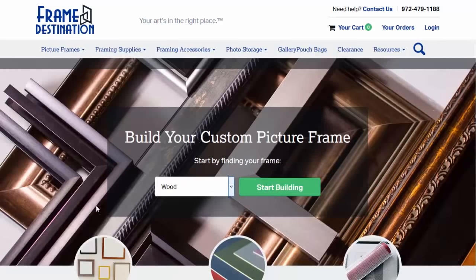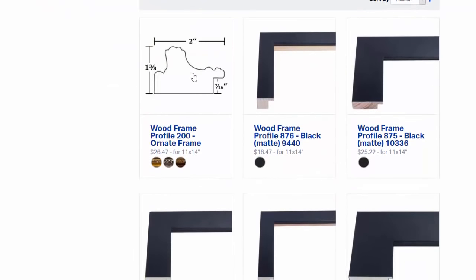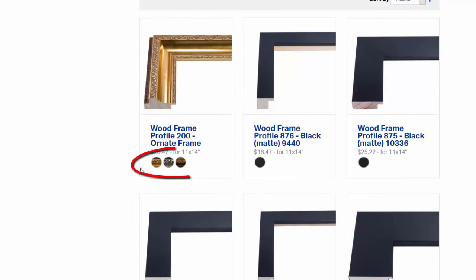For this example, we're going to build a wood frame. So we'll just click Start Building, and that will take you to a screen where you can see your choices. If you just mouse over the image, you can see the dimensions. Below, you'll see the color choices. Then you click on either the image or the title of it, and that will take you into the next